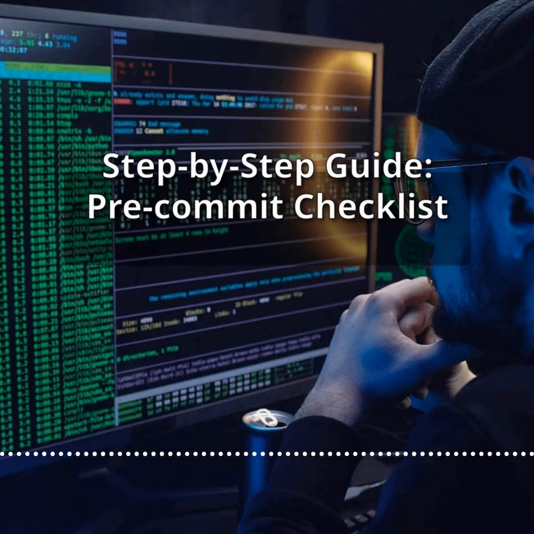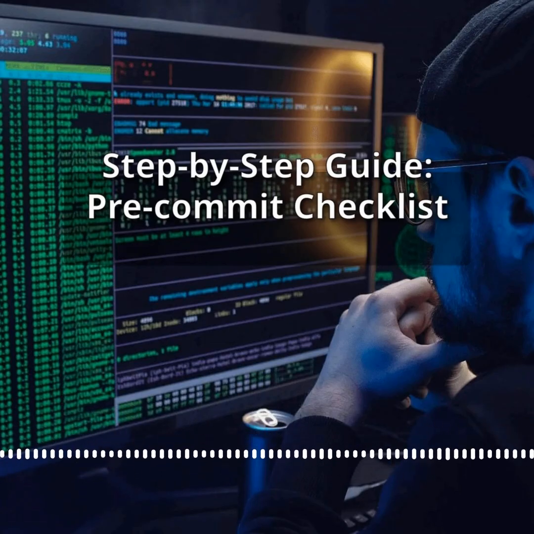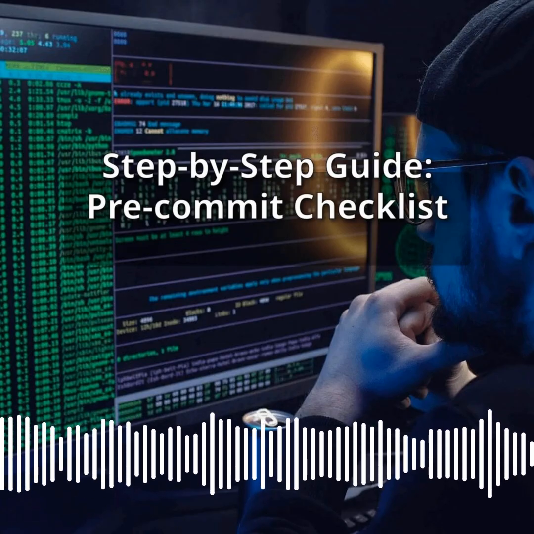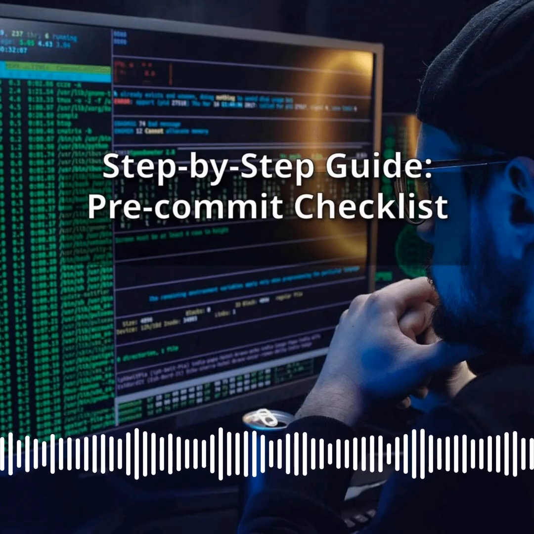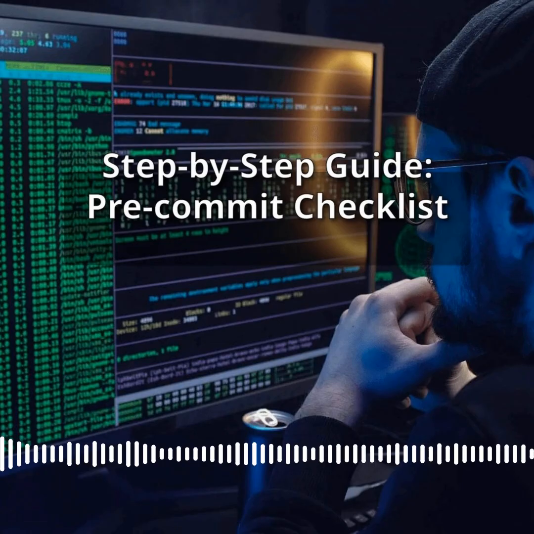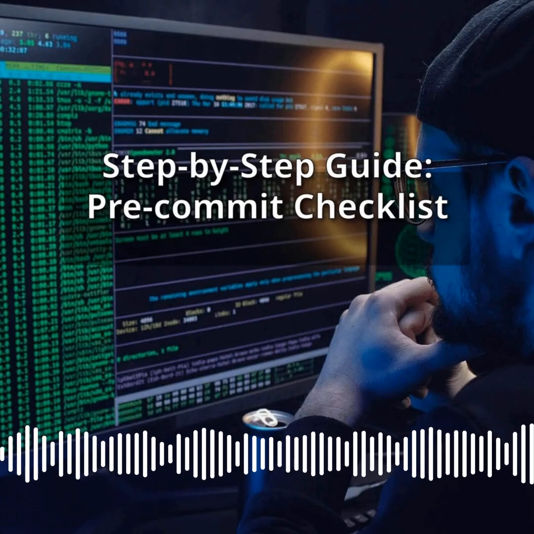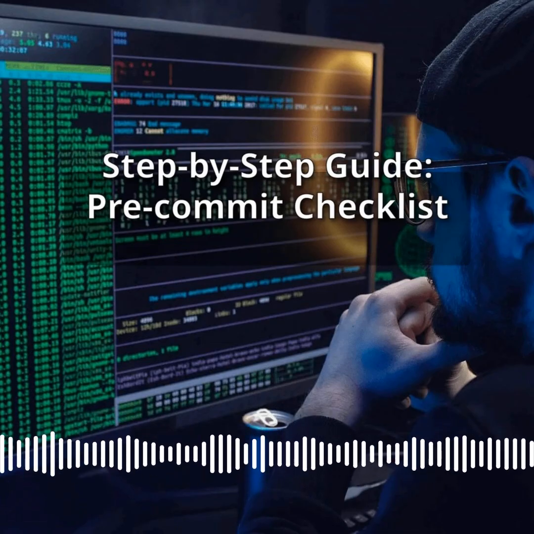The third mistake is failing to version control the checklist configuration itself. The pre-commit configuration file must be stored in the repository alongside the application code, so that every developer on the team uses the same rules and so that changes to the checklist are subject to code review just like any other change. Summary: a pre-commit checklist is a structured, automated, and enforceable sequence of security and quality gates applied at